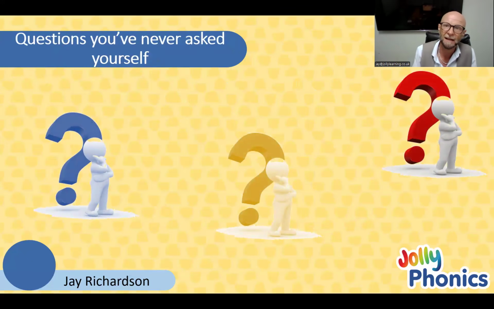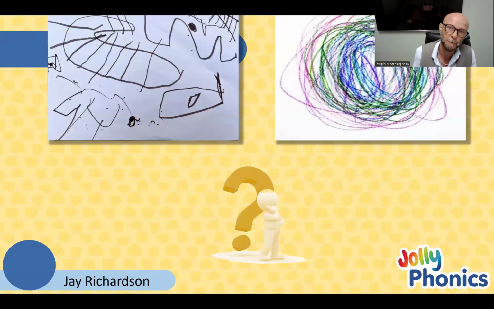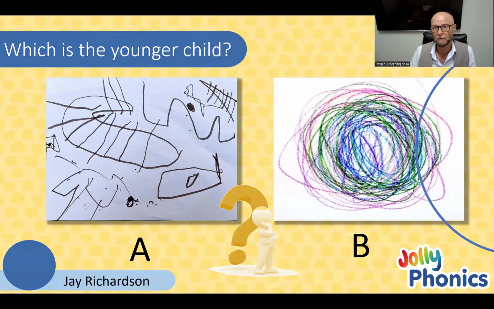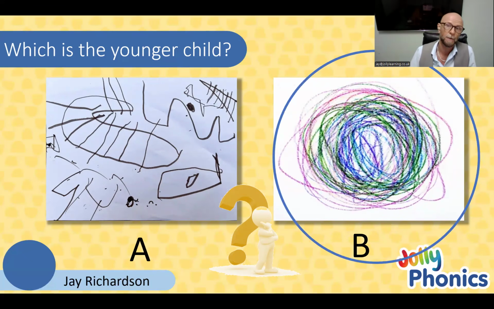Now, some questions you may never have asked yourself. You might have, I don't know, but maybe not. Let's have a look. Which of these do you think was written by the younger child? Picture A, with the lines and the kind of structured images, or B, circles and scribbles like that. Which do you think would be the 2.5 or 3-year-old, and which the 3.5 or 4-year-old? I would say that the younger child is child B,